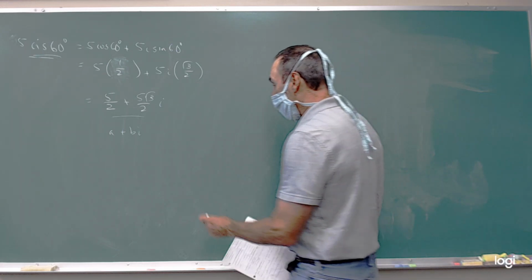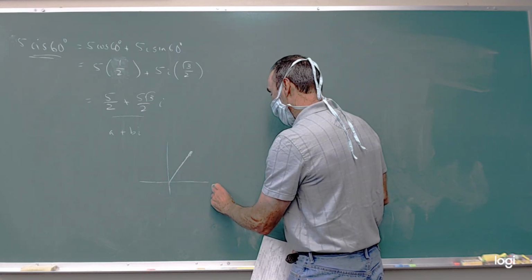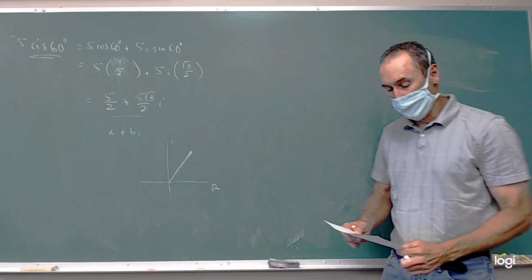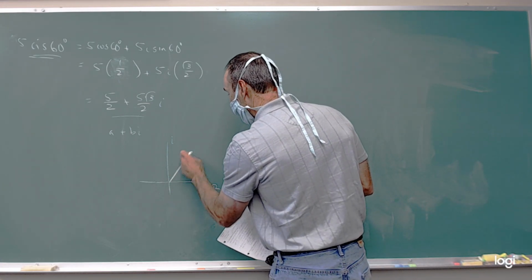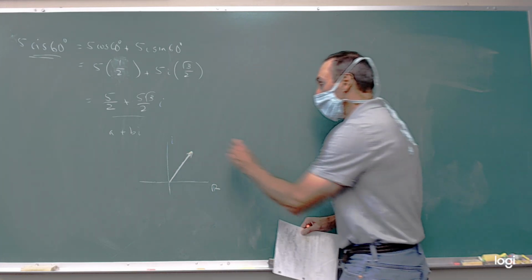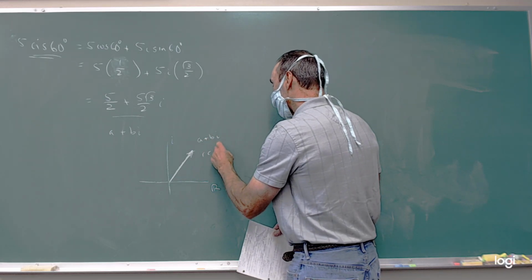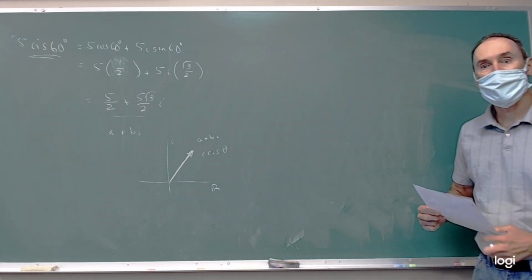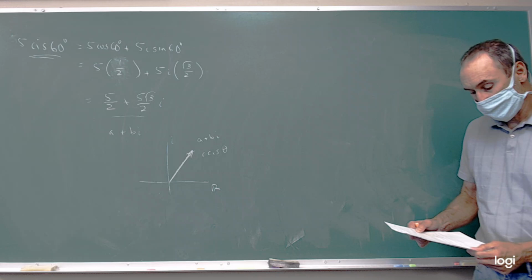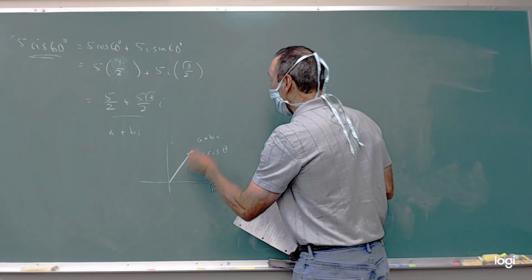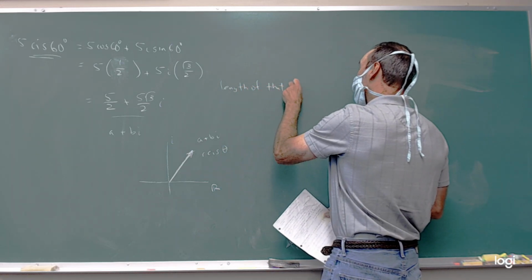Now, thinking back for a moment, this representation in our Argand diagram where we had the reals and the imaginaries. So we can talk about the length of this vector or arrow that takes us to that a plus bi or r cis theta, depending if we're going to be in rectangular or polar form for that complex number. Then that length right there, the length of that, I'm going to call it a vector,